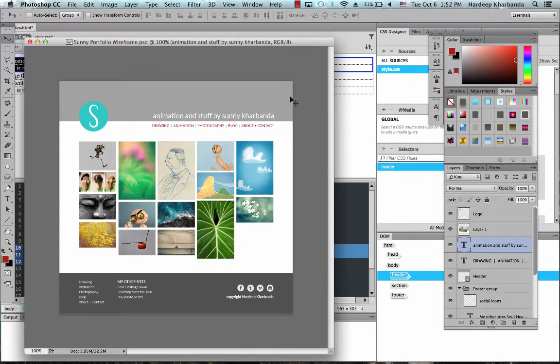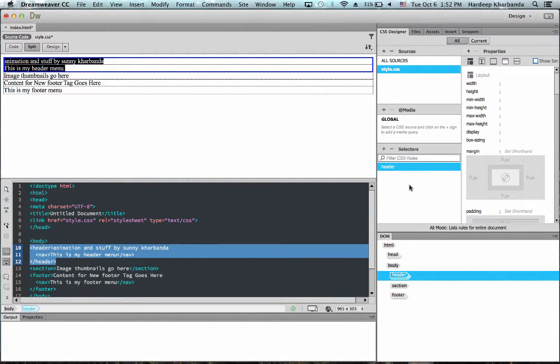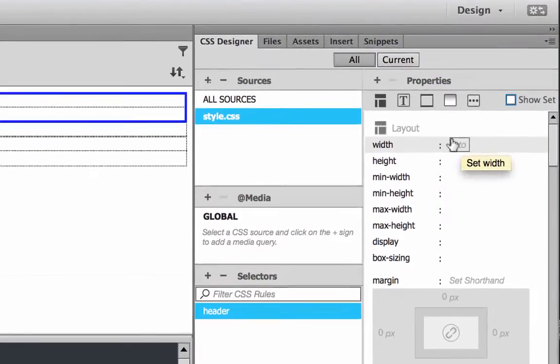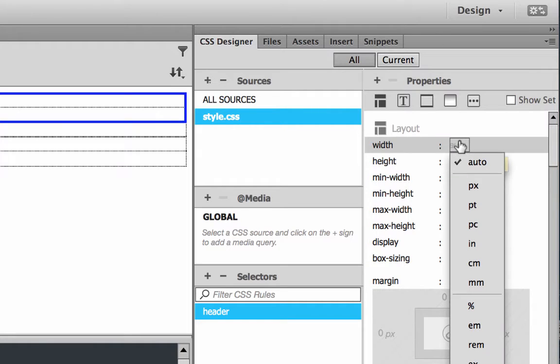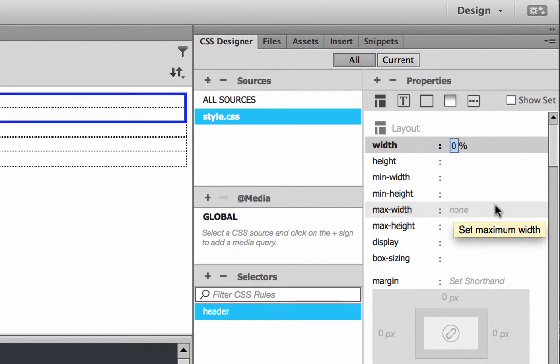My height, as I said before, is 200 pixels. So with header selected, I go up to the layout properties and set my width. Now when I click here, Dreamweaver asks me what units I want to use for my width. I choose percent and I type in 100.